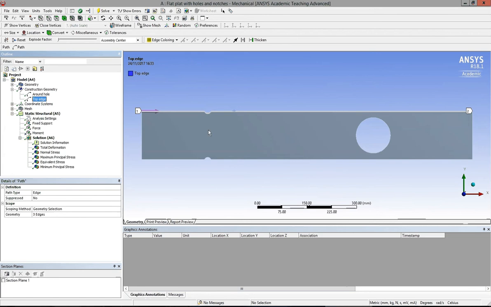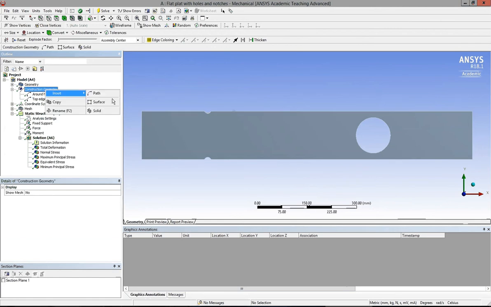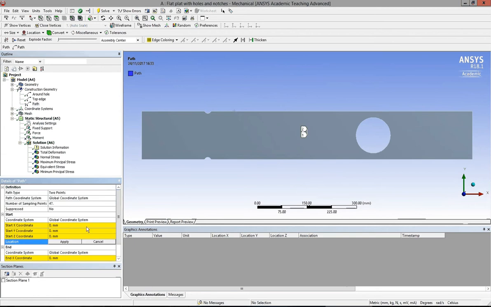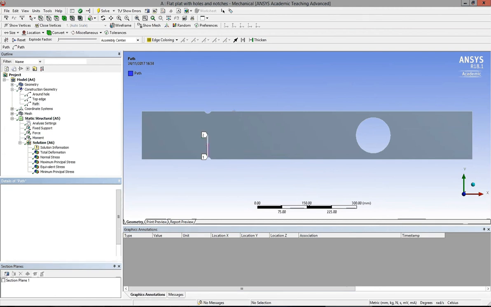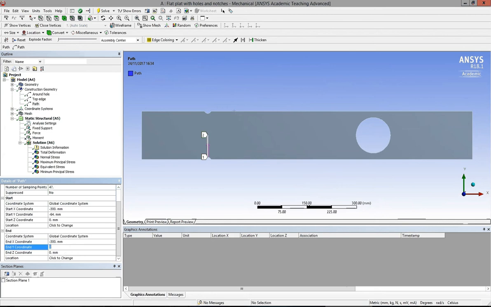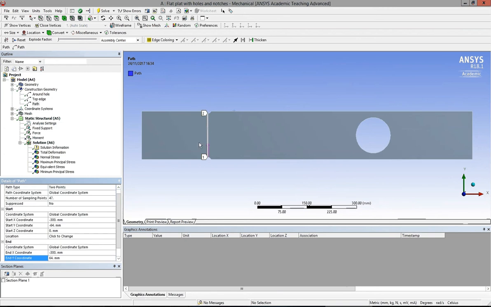Now I want to do some sections through it, so I want to do a new path. Insert path here, and I'm going to use 2 points in the global coordinate system, and I think this is probably the most convenient way to do it, is just type in. Now I know that this is for the notch, -300 and -64 is the first point, and then -300 and the y coordinate plus 64, because the depth between the notches is 128. Okay, so there's a path there,